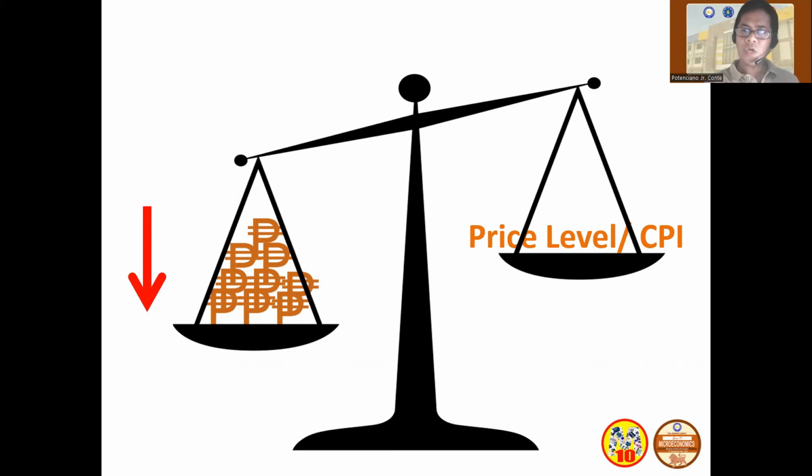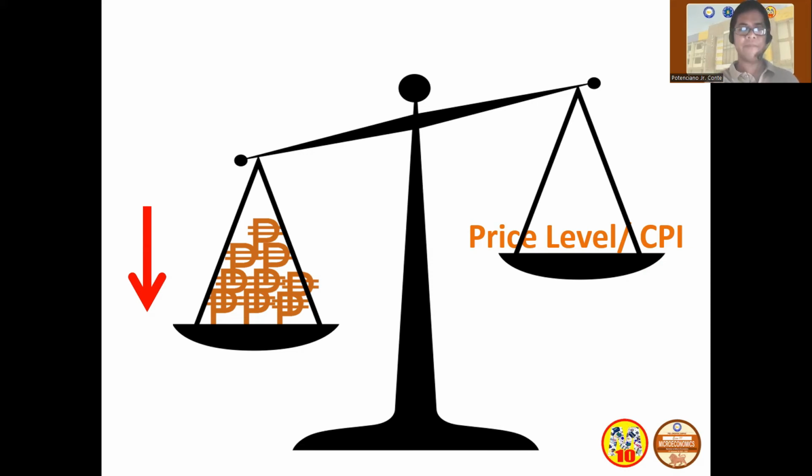So, that means tumaas yung presyo. Nagkaroon ng inflation rate. Kasi dumami ang perang umiikot sa ekonomiya. And the purchasing power of a peso will eventually diminish. Okay? Magmamahal yung presyo ng mga produkto at serbisyo, bababa yung value ng or halaga ng